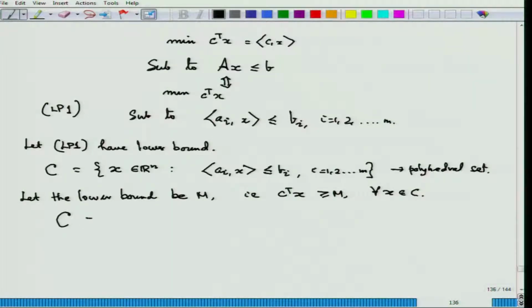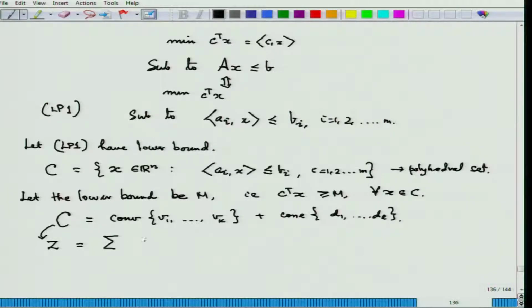So, C can be written as the convex hull of the vertices V1, V2, Vk plus the finitely generated cone generated by D1, D2, DL. Now, once I know this, what could I possibly do? Take any element Z in C,